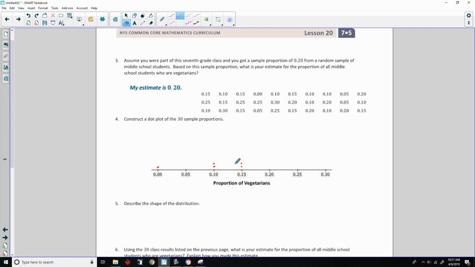0.1, 0.1, 0.15, 0.15, 0.1, 0.1, another 0.1, 0.05, and then 0.2. So that's the first row. We're going to continue doing this. 0.25 is the next one. 0.15, 0.25, 0.25, 0.3, 0.2, 0.1, 0.2,